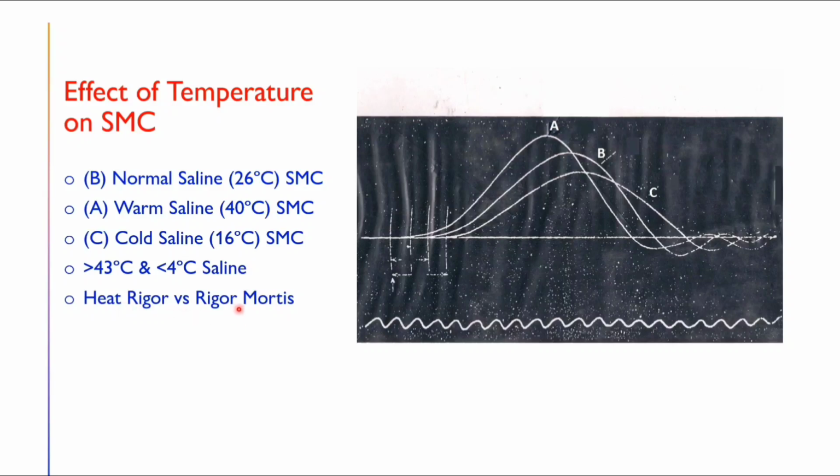Another difference is that in rigor mortis, 36 to 48 hours after death of the person, there is a setting in of autolysis of the cell. Autolysis means the cell suicides; the cell itself dies and gets completely destroyed. Because of that, the rigor mortis slowly disappears, because the cell completely gets dissolved. So rigor mortis totally disappears after 36 to 48 hours. But in heat rigor, there is no autolysis of cell, so the muscle remains in spasm for a permanent period of time. So heat rigor is permanent, while rigor mortis is reversible. After some time it usually disappears. That is the difference between heat rigor and rigor mortis.